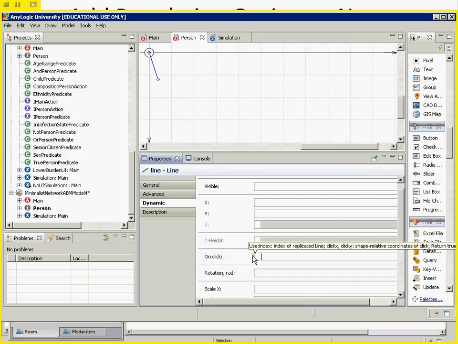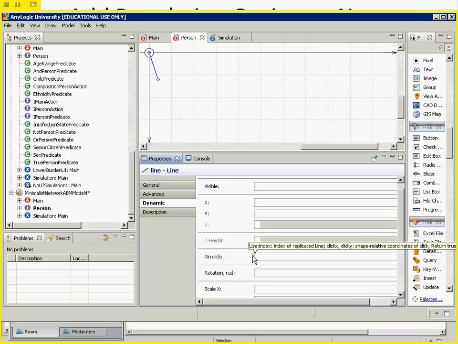So I can refer to myself as this, and I could say this dot, and how do I disconnect from someone? This dot disconnect, this dot get dot disconnect